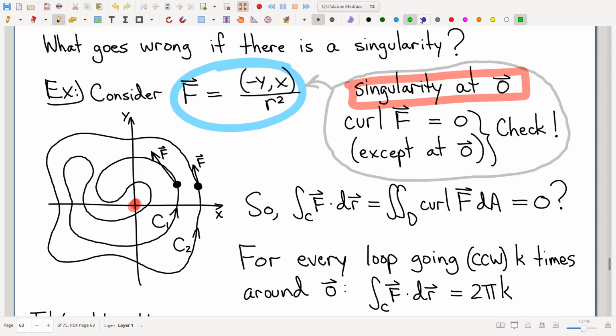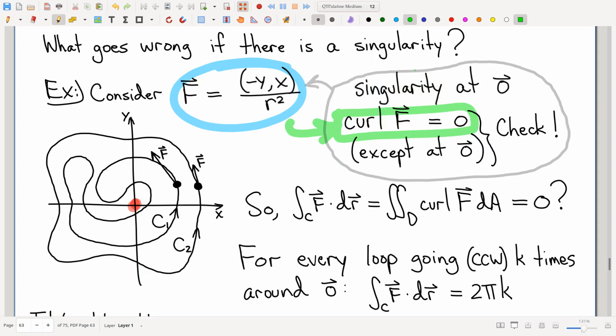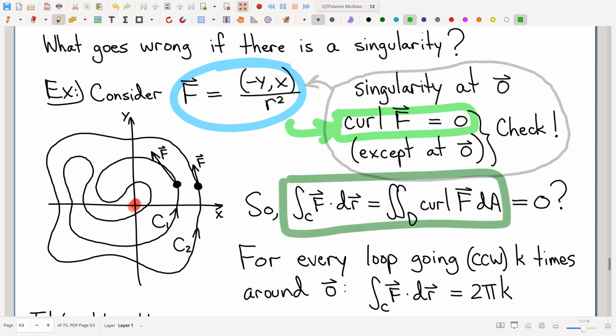So you can compute the curl for this vector field. You'll get 0. That's nice. No curl. And not at the origin, of course. At the origin, we have no idea what's going on. It's not even defined. We can't compute curl when it's not even defined. But there is this question of, okay, well, if the curl is 0, wouldn't Green's theorem suggest that we should get 0 for a line integral? So, for example, this line integral here,